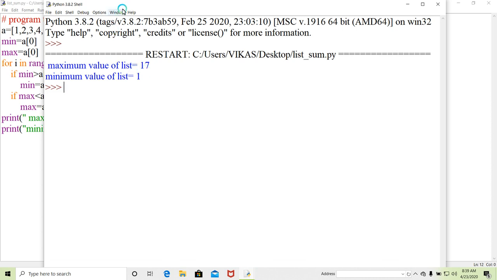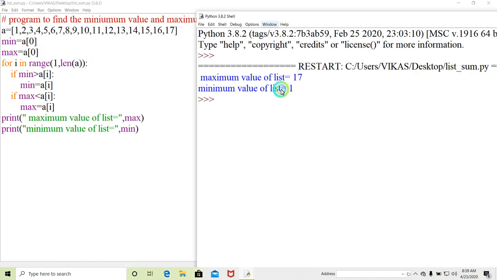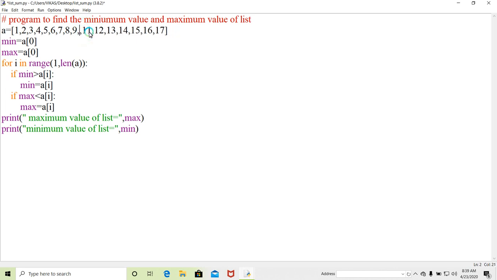What is the maximum value? 17. And what is the minimum value? 1. Now I will make some random changes. Here I am writing minus 100. Here I am writing minus 5000. So what is the minimum value? Minus 5000. Here I am writing 20 this much, and here I am writing 17,000 that much, and here I am writing